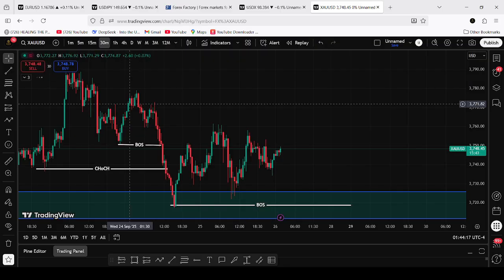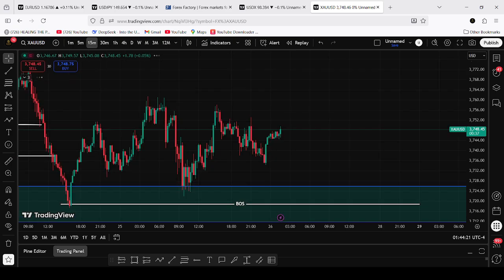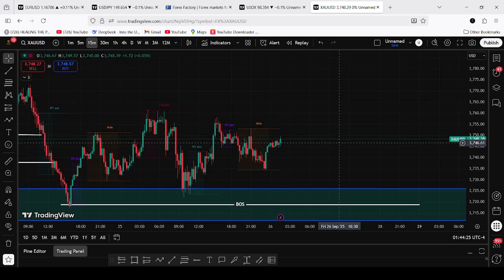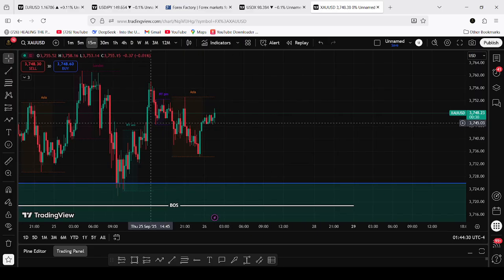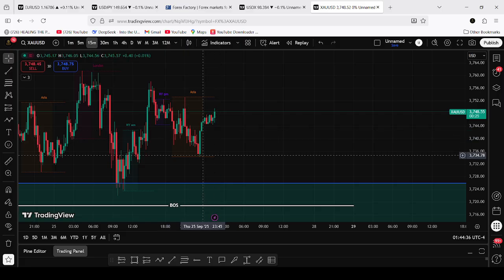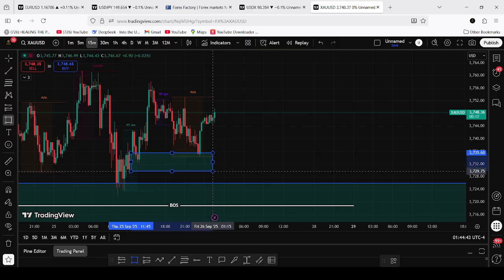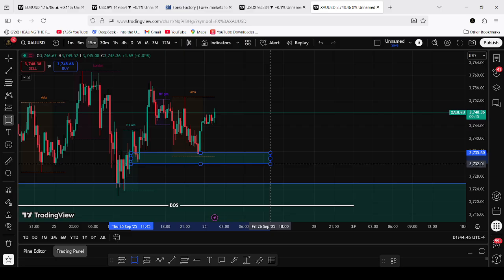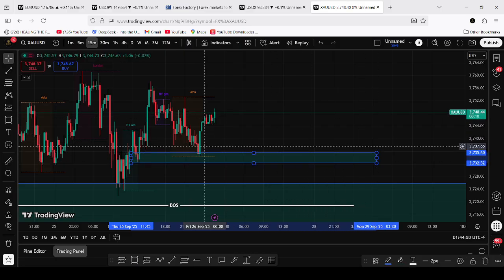After here, I just go to the 15 minutes time frame so that I can align myself and know how we are going to take these trades today. Yesterday I did this analysis and marked some zones, and they were proven true because at this point yesterday I was able to draw an order block which has already been tested by the market early morning, but I was not awake.